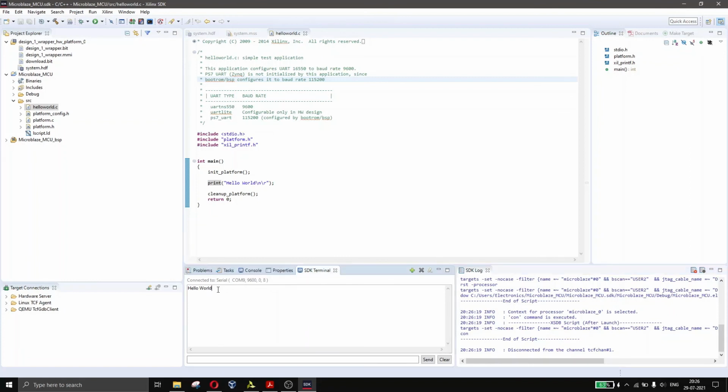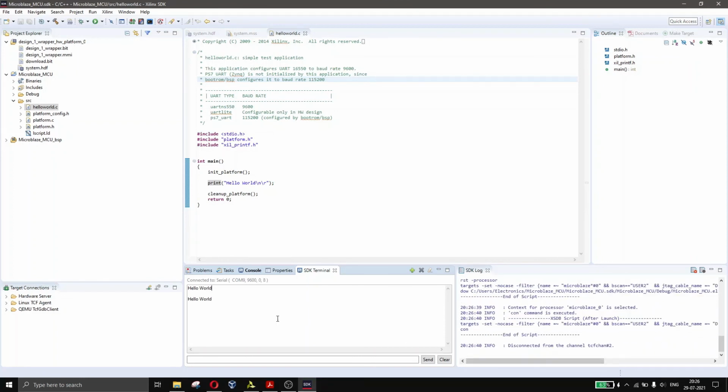Yeah, so now as you can see, the hello world has been printed. If you run the program again, the same hello world will get printed again. As you can see, launching. Yeah. So this is how